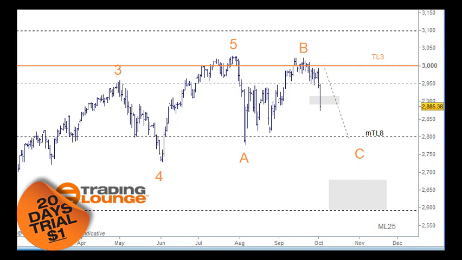Welcome to Trading Lounge in the S&P 500 for the 3rd of October, and we're looking at this pattern here. There is support at the 2900 here, even though the market has moved through that 2900 area. It's still likely to cling to that a little bit in a series of thirds and fourth waves in there. We'll have a bit of a look at that, but in a nutshell here, we're looking down at wave 1